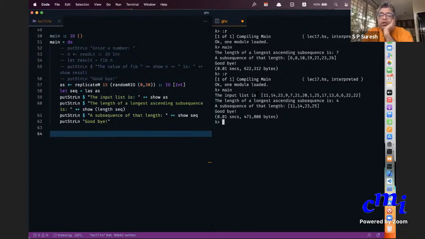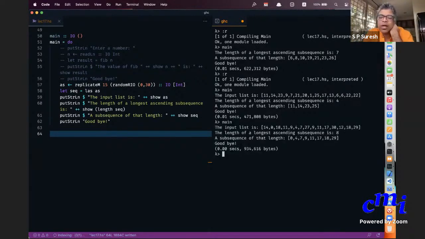So can you see this example? So I have 11, 14, 23, 9, 7, 21, 21. And then the longest ascending sequence, one of the longest ascending sequences, is 11, 14, 23, 25.